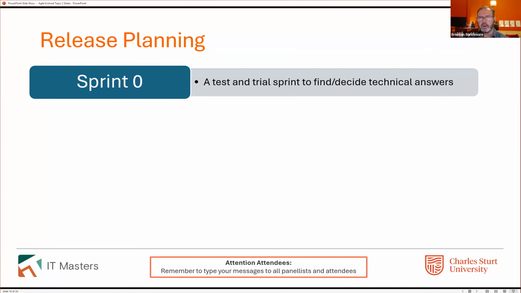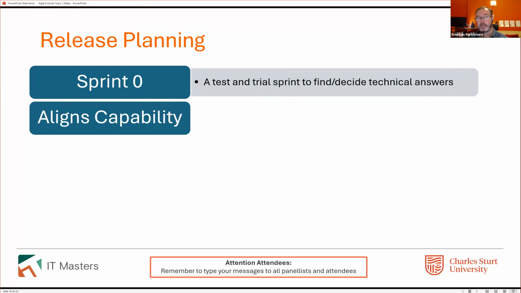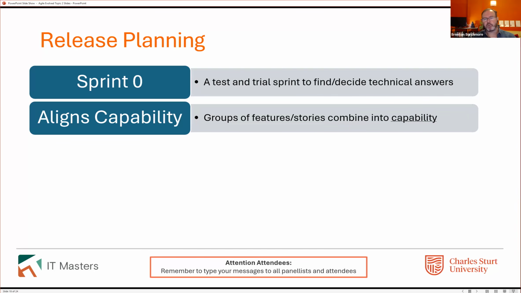And it's the one time where you can break the rule on how long a sprint is. You can say, okay, we might go with 2-week sprints, but your Sprint Zero is going to be 3 weeks because that's how long we need. It aligns capability. Release planning is not just what are we going to do this sprint. Release planning is what are we going to do in these 3 sprints, and then these 3 sprints, and then